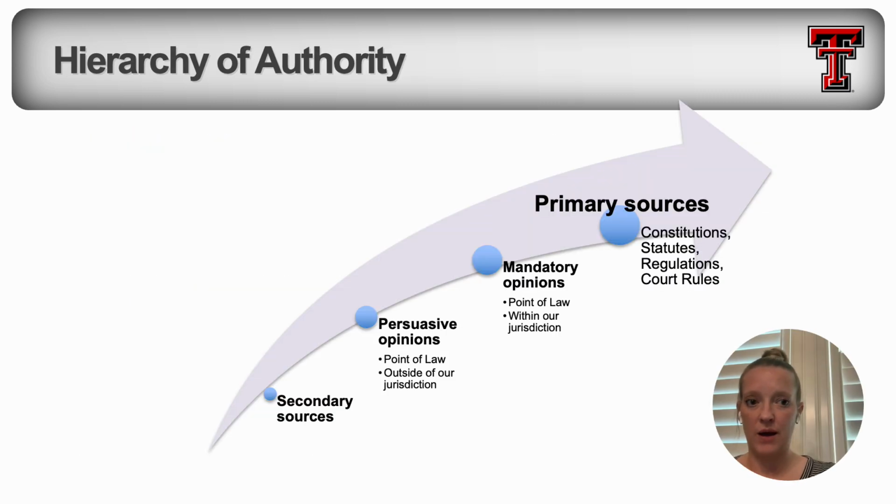So kind of thinking about why we're looking first to codified law, which is a primary resource. We talked about codified law encompassing constitutions, statutes, regulations, court rules. So we've got all of those things, and each of those things are primary sources, right? They are the law itself,